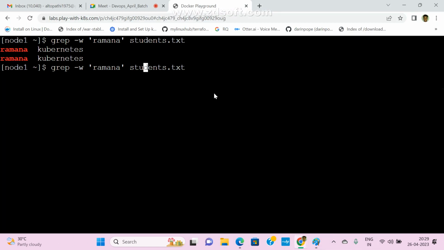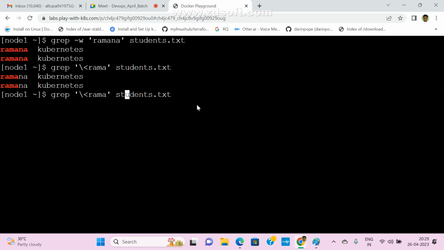Now see here, I am using the same way. So grep, space, single quotation, less than slash less than, Rama, then students.txt. Now see here, I am checking the first word Rama, and the remaining word can be anything.